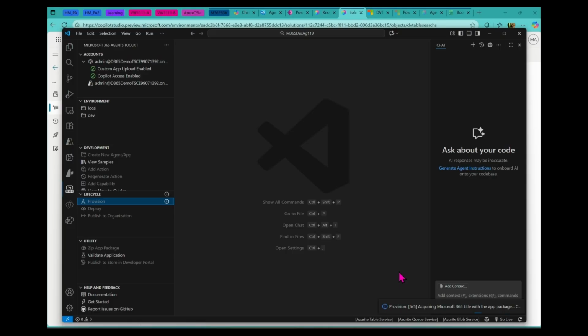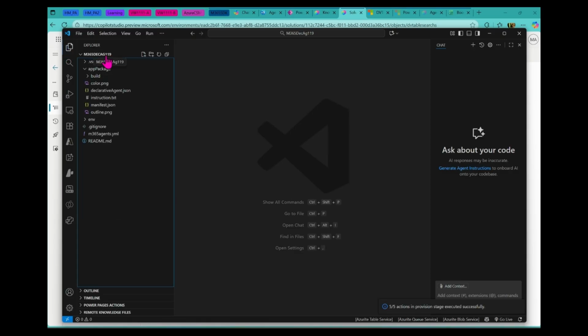But because I'm the developer, I'm currently the only one who can see that. I cannot share it currently with someone, because for that I would need to publish it. But we are not at this stage. We are just in development. So now let's try to find our agent with this name, 119 at the end. So I'm now going here